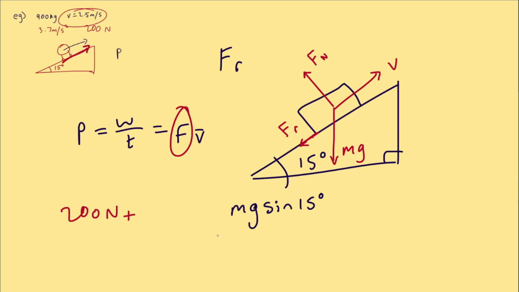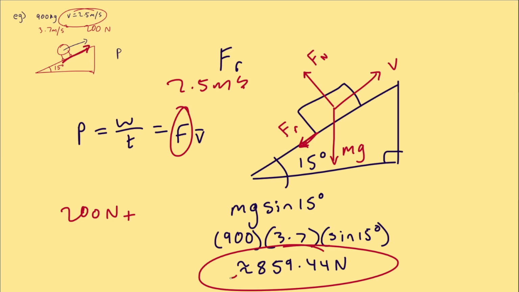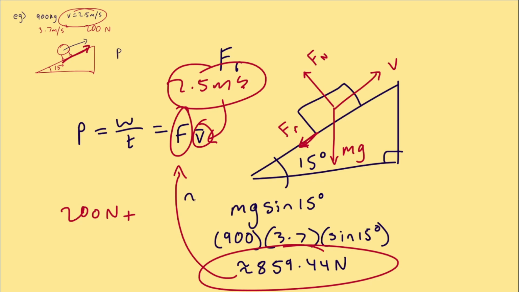So let's substitute our values. We have 900 kilos for mass, 3.7 for the gravity, and sine 15. The answer is 859.44 newtons in the opposite direction. So this is the amount of force that we must overcome to move up this hill at 2.5 meters per second. Let's find the power. So plug this number in here and plug this value for velocity. Put it into a calculator, you get roughly